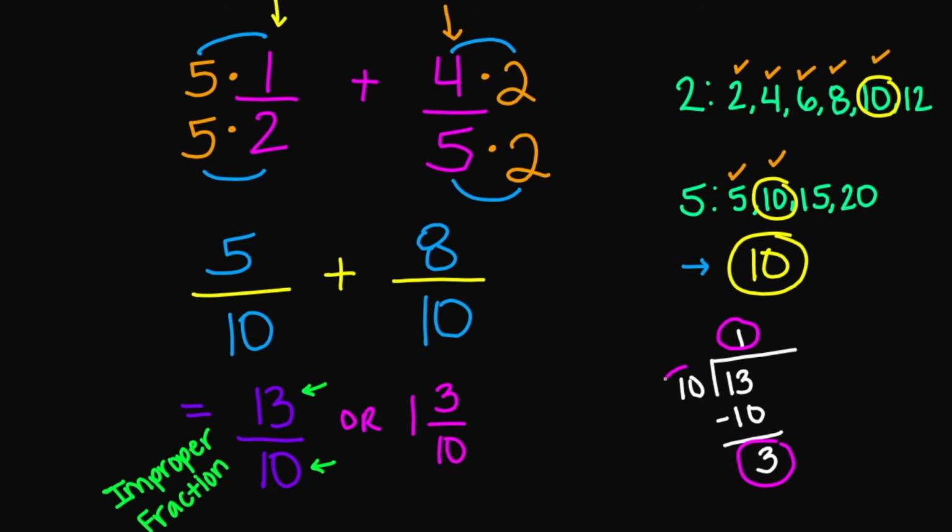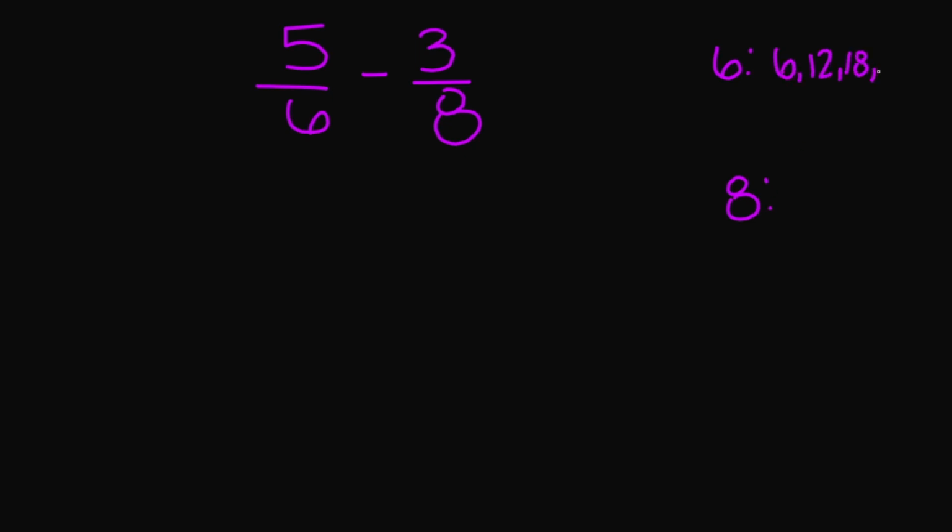5 over 6 minus 3 over 8. In this example here, my denominators are not the same, so I do need to find a common denominator. We're going to list the multiples of 6 and 8. For 6, we have 6, 12, 18, and 24, and we will stop here for now. And for my 8, we have 8, 16, 24, and 32, and we'll stop here for now. My lowest common multiple between 6 and 8 is the number 24. So that means I need to get the number